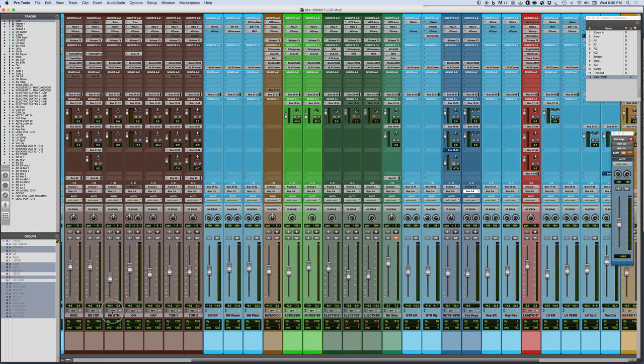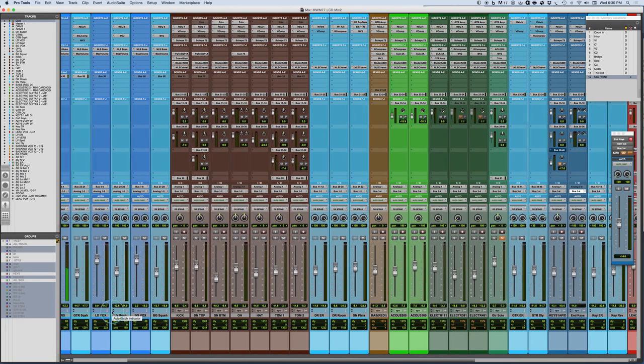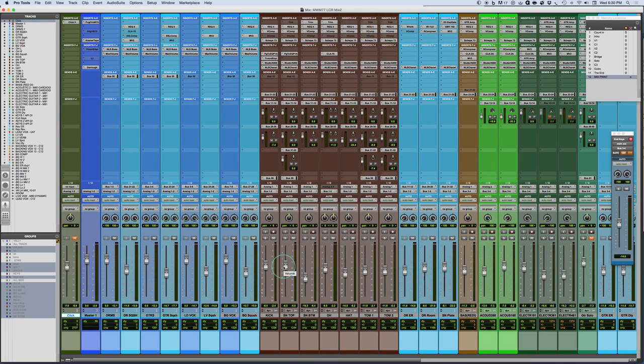I really love the way that it focuses the snare drum, gives it a little bit more of a punchy kind of thing. It makes it more focused. I also like the toms in the middle. So it's kind of a cool thing. Now, what I could probably do on this end would be to raise the guitars up overall and work from that perspective, because now there's less stuff in the side information. So if I now take the guitars and raise those up in level a little bit,